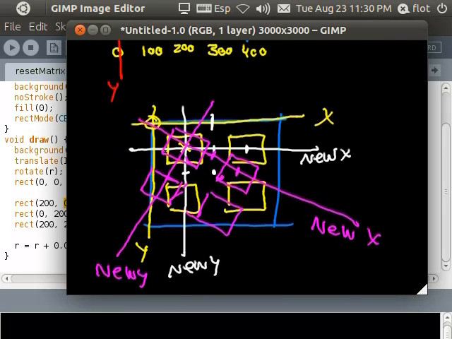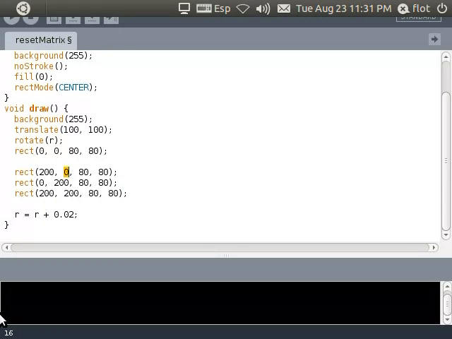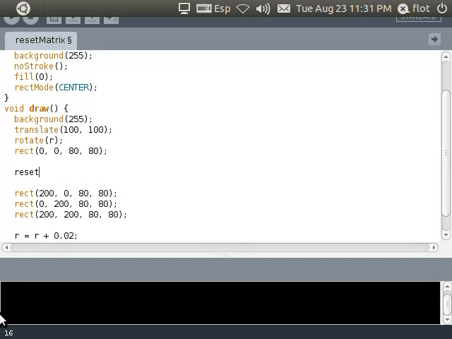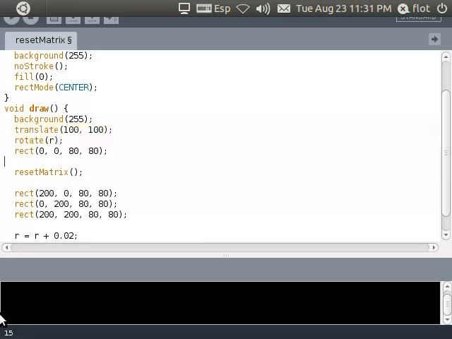This function that gives us this reset is called reset matrix. When we execute reset matrix, it forgets about all this translation and rotation, and everything becomes back to normal. So we can use translate and rotate for our new object. So let's do this here. It's called reset matrix. And now we can do the same that we did here. Translate and rotate